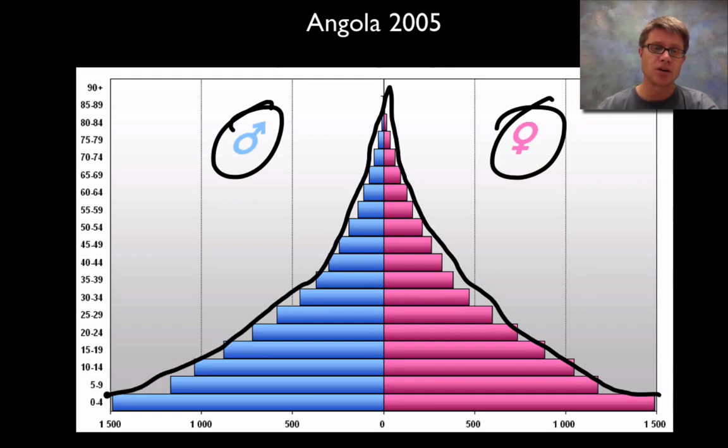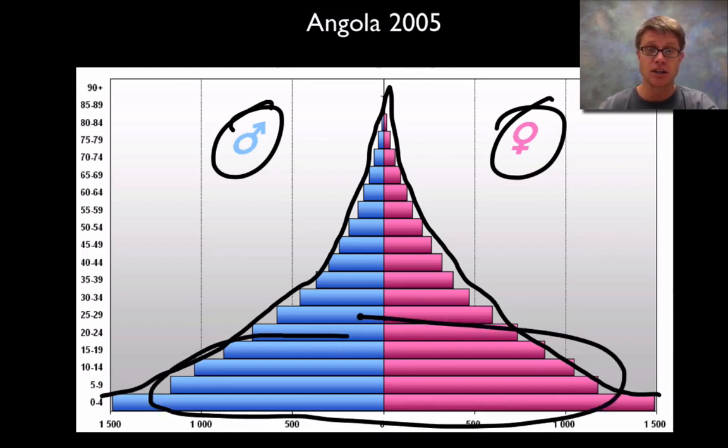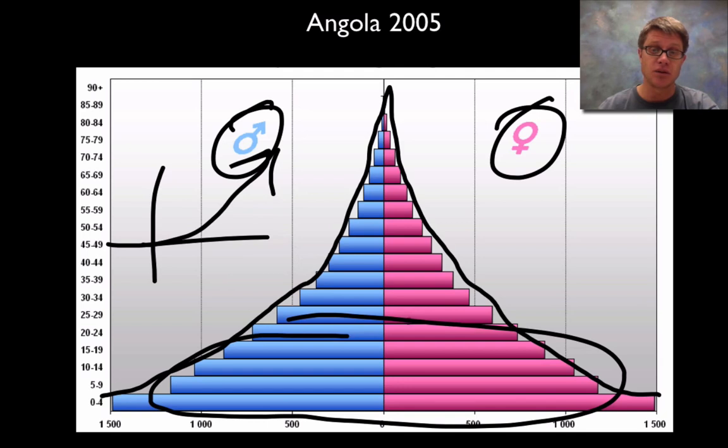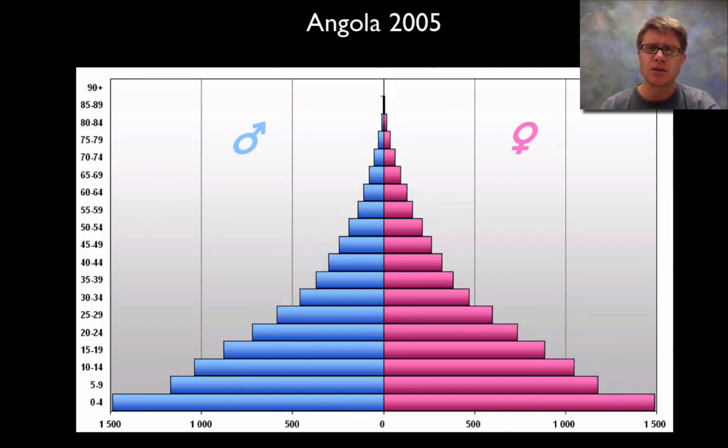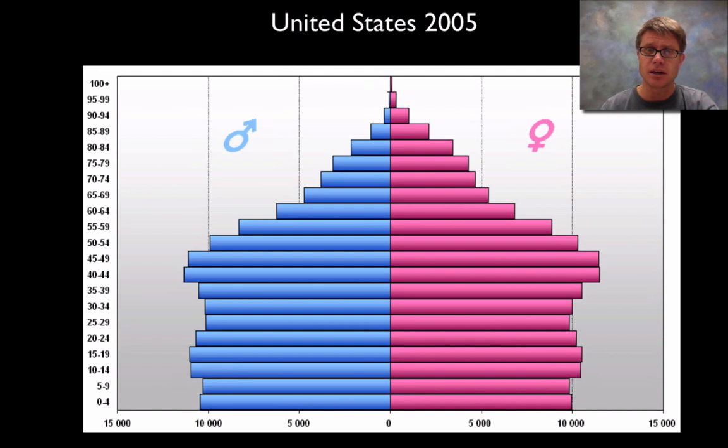And so if you ever have a pyramid shape like this, where most of our population is really, really young, this is a population that's going to go exponential. So it's going to take off, because we have all of these young kids. They're going to produce young kids, and so it's going to be exponential growth. If you look at the United States, it's not going to look like that. It looks quite a bit different.